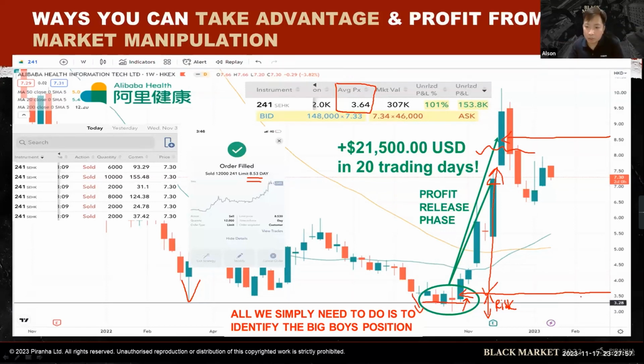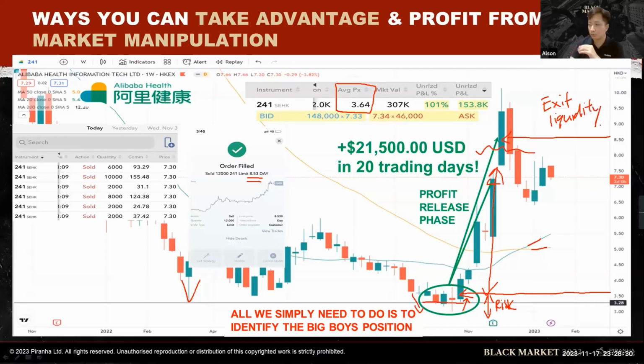If you wait until the 20 crosses over the 50, guys, it's too late already. The market maker knows that a lot of traders, especially new traders, learn the 20 cross 50. So what happens is that the market maker usually, when the 20 crosses 50, will purposely go and sell, because this is when the retailers will come in and become the exit liquidity. When the 20 crosses 50, the retailers become the exit liquidity.